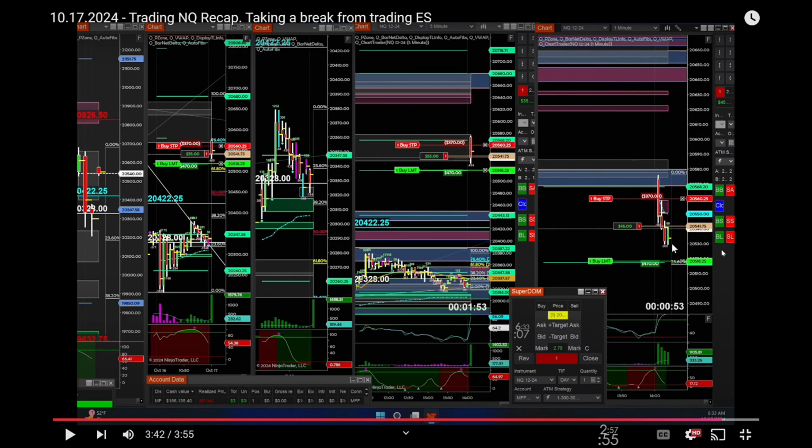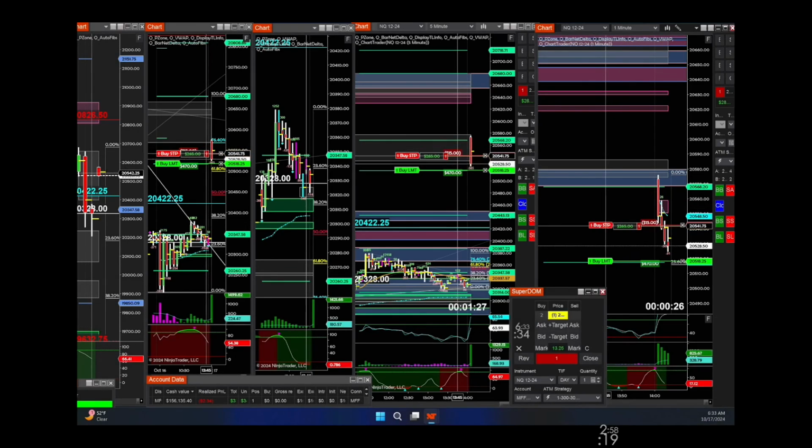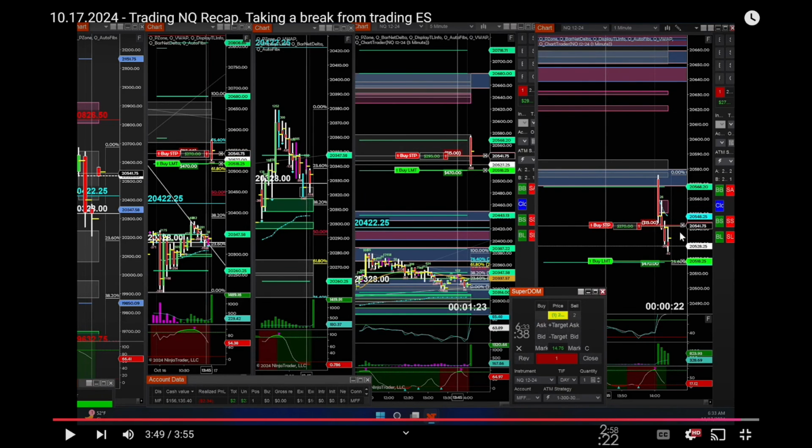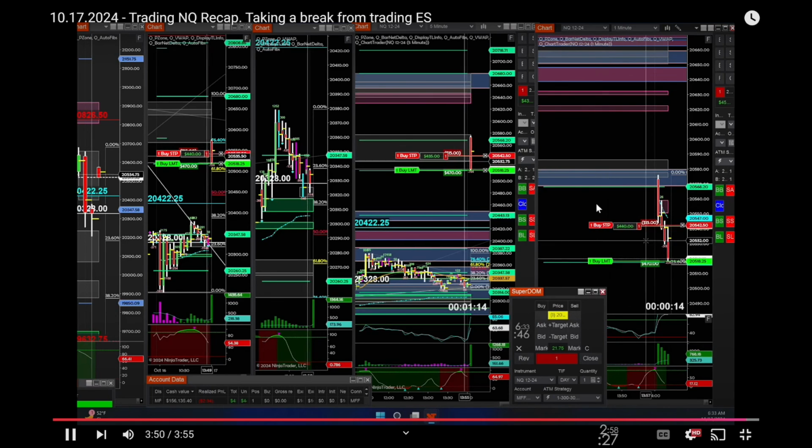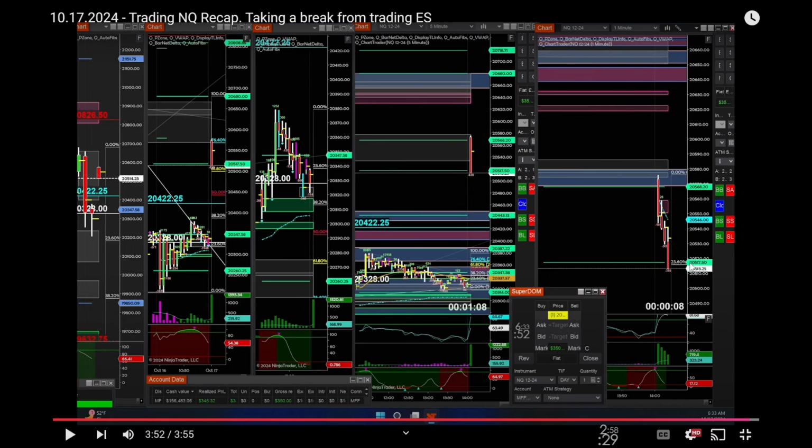So take a look at this 1 minute bar here. It's very bullish, right? It came back to the 1 minute, testing that POC here, and then as you can see, it got rejected. As soon as it came up here, again it's positive delta, right? Because anytime you see positive delta, you expect the bar to go up, but it didn't. You see a wick here. So as soon as it comes down, I decided to go ahead and put my stop just above my entry, and away it goes, right? It hit my target.